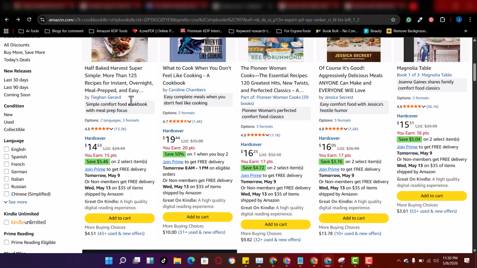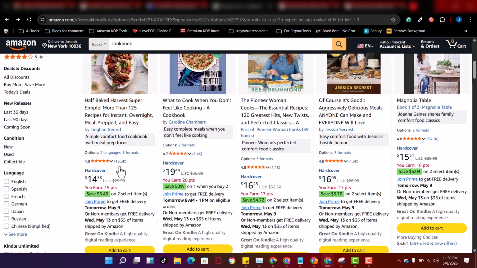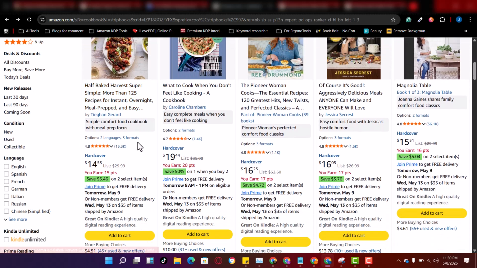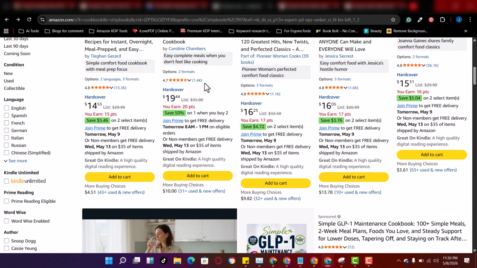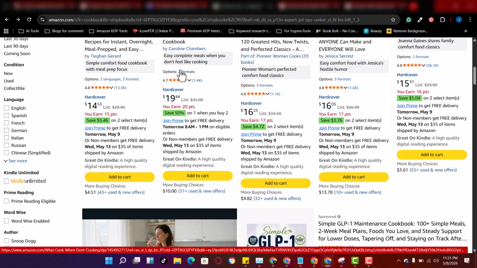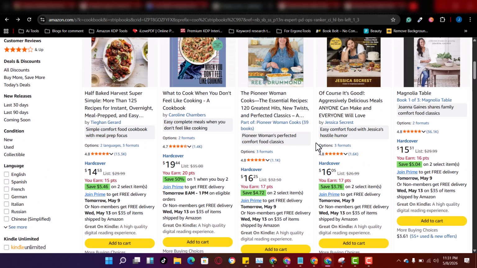Take for instance, look at this kind of book. You can see that this book has over 13,000 reviews on this book alone. That means this book is making a killing on Amazon. This one also, all of these books here, and you can see the prices for these books. So these people are taking home a lot of money from Amazon, and they are not doing anything. The books are already here. Amazon handles everything for them. This is actually something that, if I were you, I'd be ready to jump on, because another thing is that you don't even need money or capital to start. As long as you can write and do everything I'll be sharing with you in this video, you are good to go.